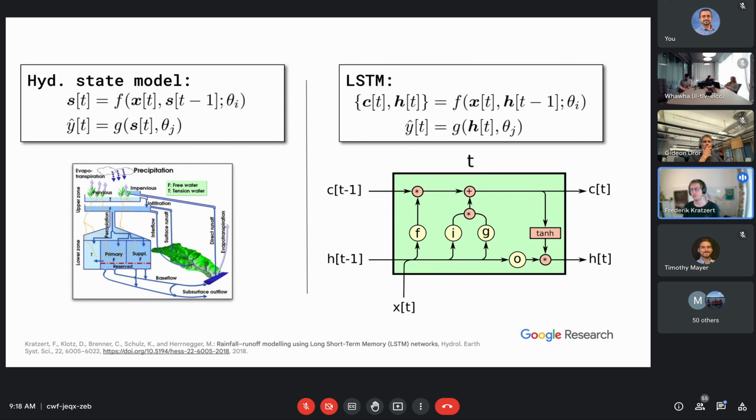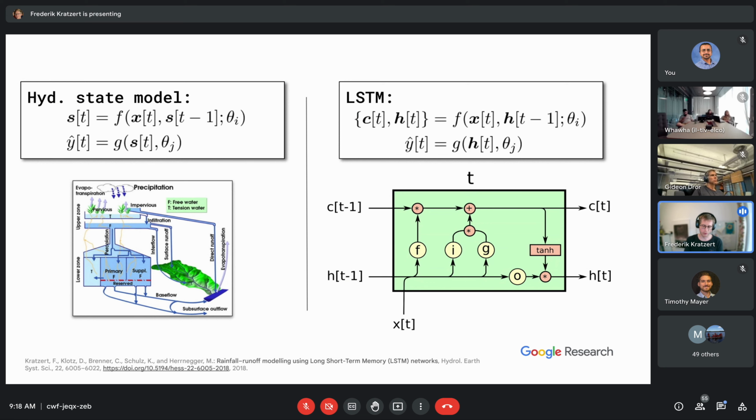The big difference between the two modeling approaches, however, is that the LSTM can learn anything that is useful to solve the problem and that is deducible from the data, while hydrological models can only model what is predefined in the model routine. So there can be two problems. We either fail to include very important processes.